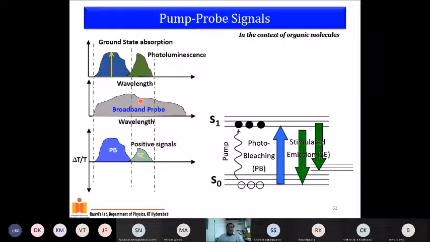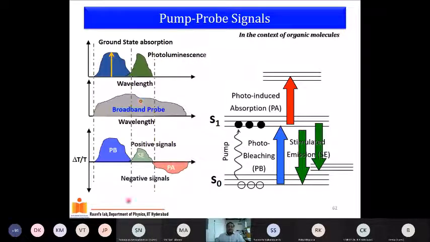Now comes the excited state absorption, which is what we are doing this experiment for. This is something which I am doing for demonstrative purposes, but you can have this excited state absorption anywhere in the entire spectrum. Here I am just showing what happens in this region, which is complementary to these two. Now this particular excited state, which now has population because of this transfer from the ground state to the excited state, can absorb light. That corresponds to the absorption property of this.